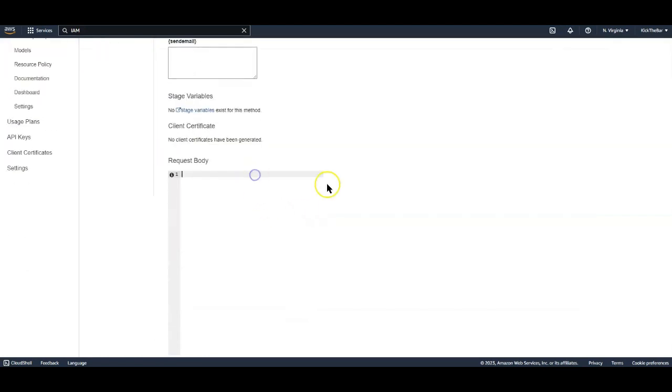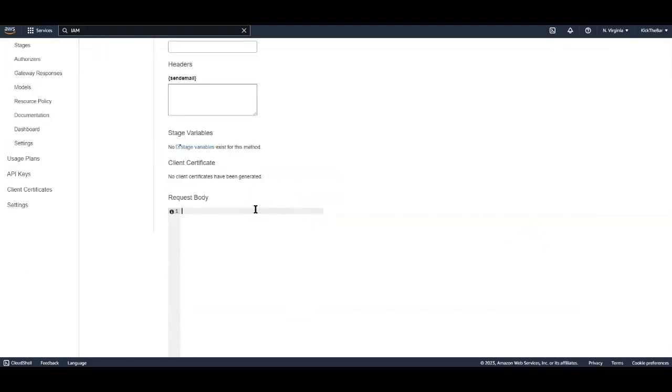So we're going to create the JSON body right here, and we're going to add each of the key value pairs that we had defined in the mapping template. So starting with message, or you could specify any order, it doesn't have to be the same order. So we'll put in a message as "this is a test email from API Gateway",